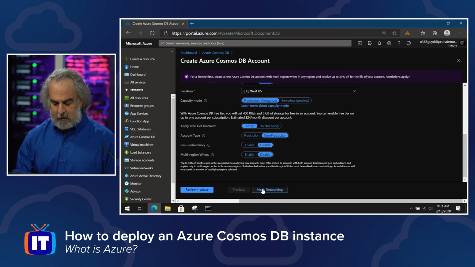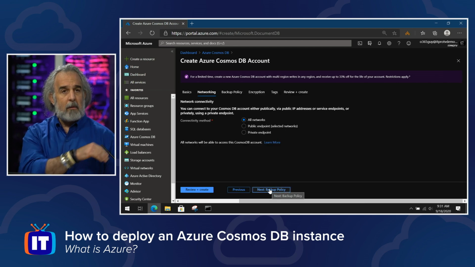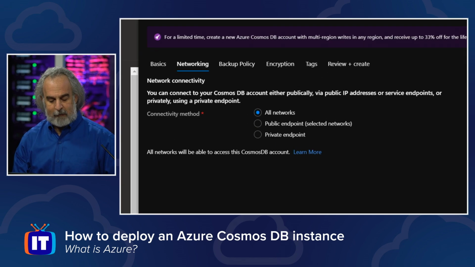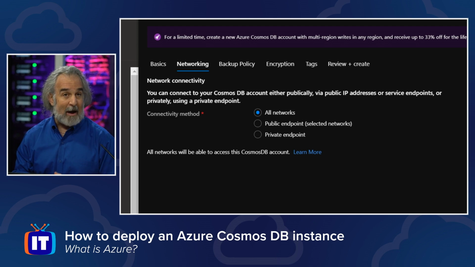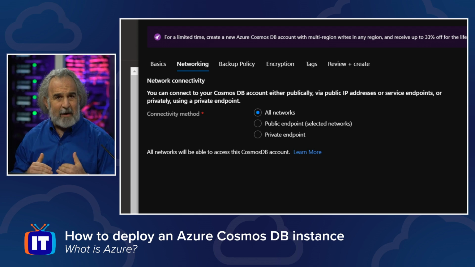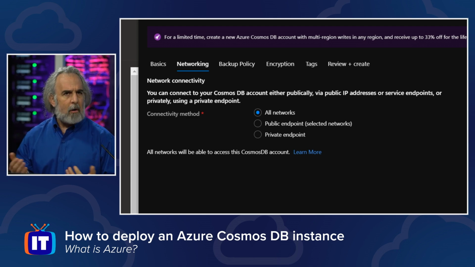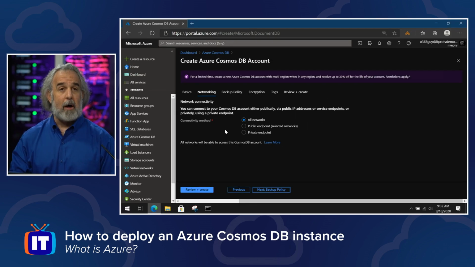And then what we want to do is go to our networking area. We want to be able to choose what kind of network connections we want to make available for working with the Azure Cosmos DB instance. Do I want to have public IP addresses that are available so people outside, as we saw in our diagram on the Lightboard, can connect in? Do I want only private networks available for me, for users inside the Azure cloud, inside our corporation, but not external? Or do I want to blend? I make different choices, again, depending on the reasons why I'm deploying this and how I want to use it. We'll leave our default in place.